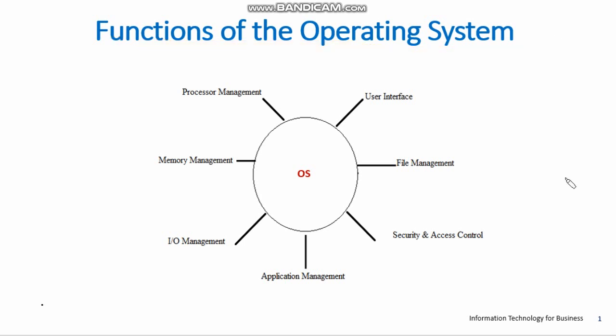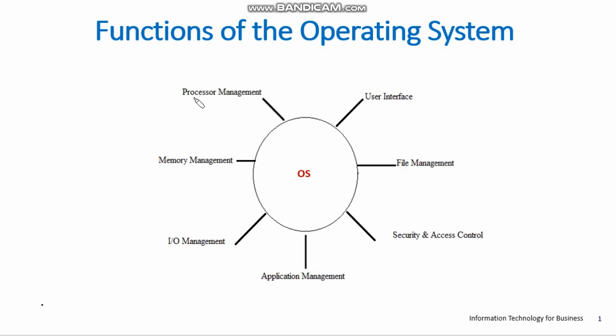So here it's good that we draw up this diagram with 7 parts. Of course, it doesn't matter in the order in which you write, provided you write all the 7. So let's go. It explains the different functions that an operating system has got.